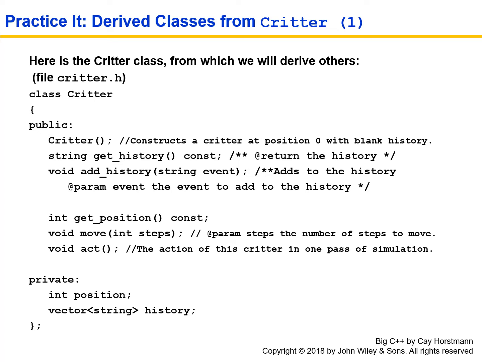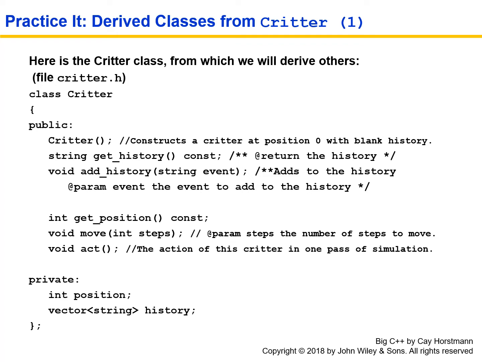You can get the history, you can add to the history, you can get the position of the critter, and most importantly, you can call its own internal functions move and act. And the idea is that each critter knows how it moves in a particular way,